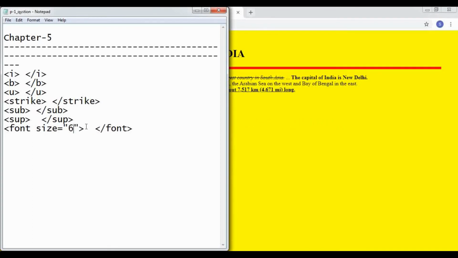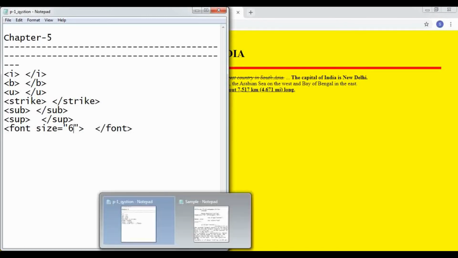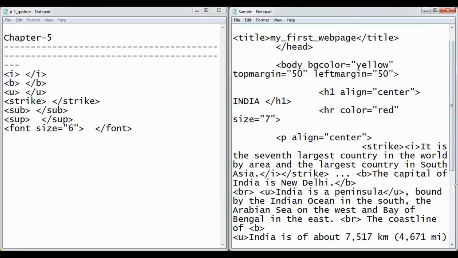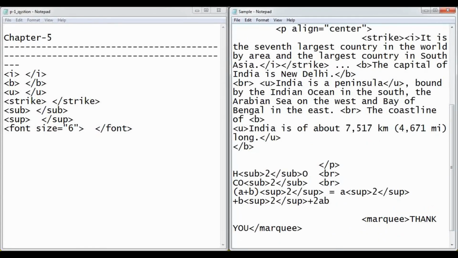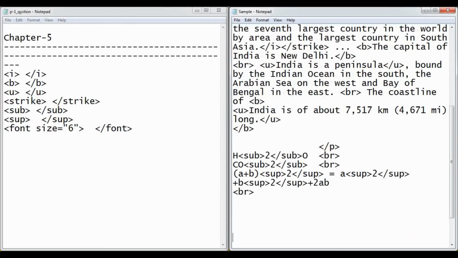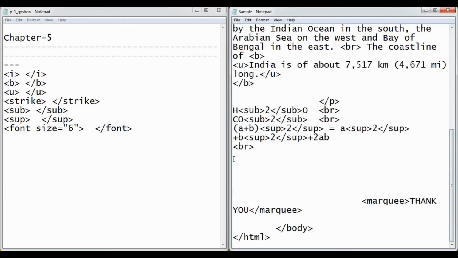Now let us apply this and see in our web page. Now I will write one line and I will use the font tag for it. Here I will give a break tag because I will start from the next line. Now let me write something here and show you.